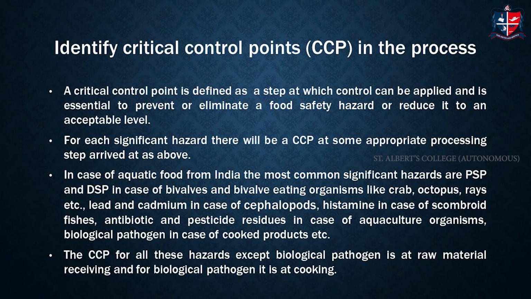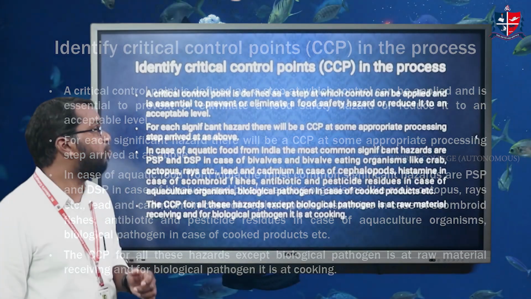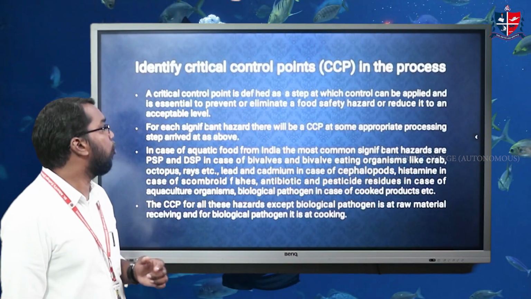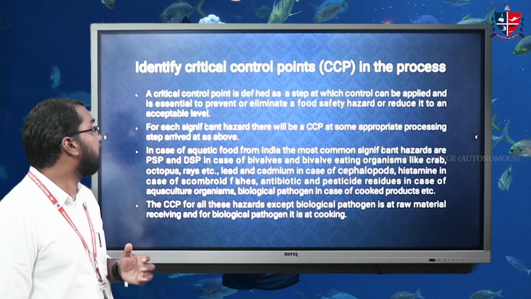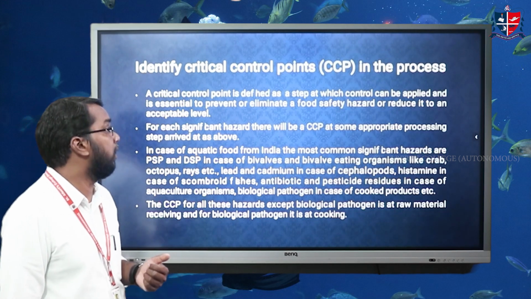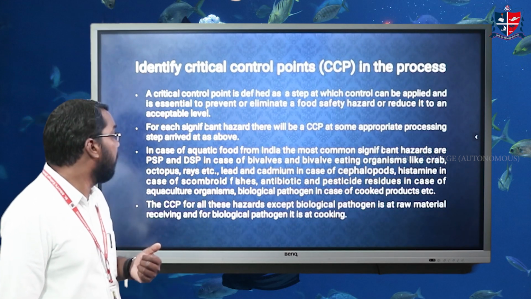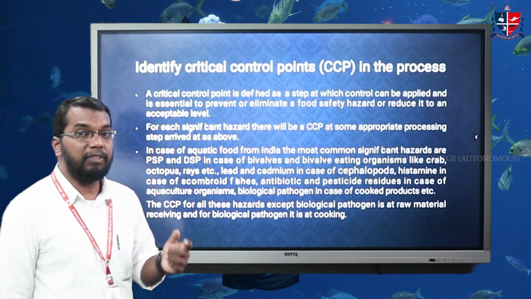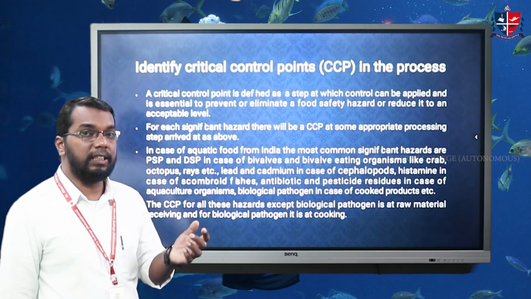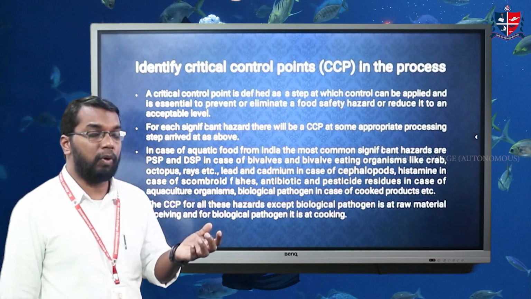Second one is identify critical control points or CCP in the process. A critical control point is defined as a step at which control can be applied and is essential to prevent or eliminate food safety hazard or reduce it to an acceptable level. For each significant hazard, there will be a CCP, and we are applying that CCP to make the product